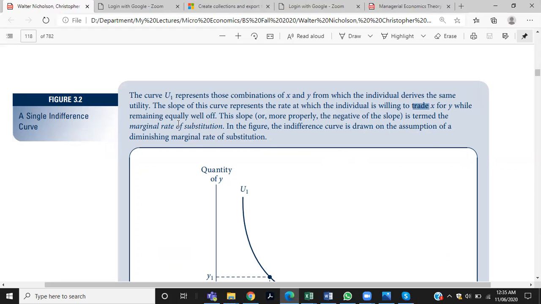Minor rate of substitution is the rate at which an individual can substitute certain units of one good with certain units of another good. So for example,